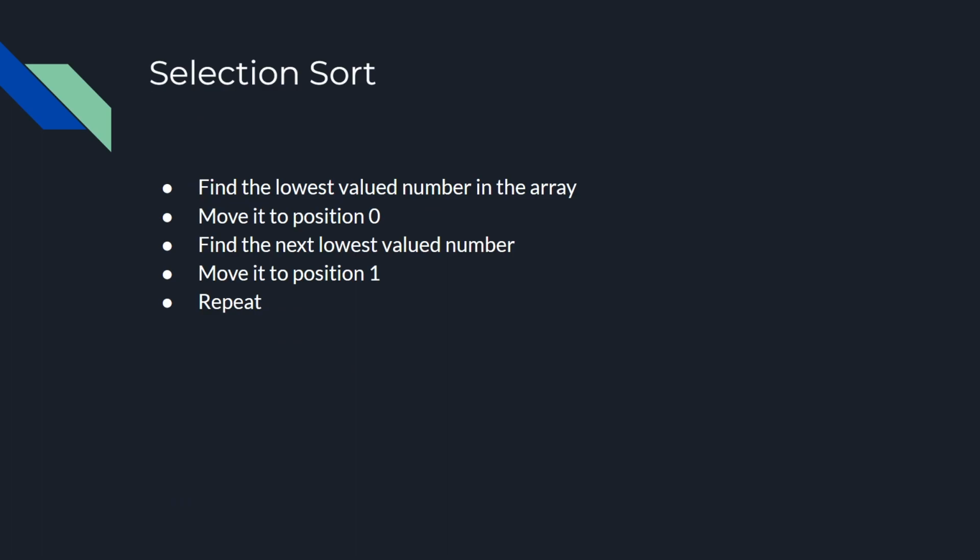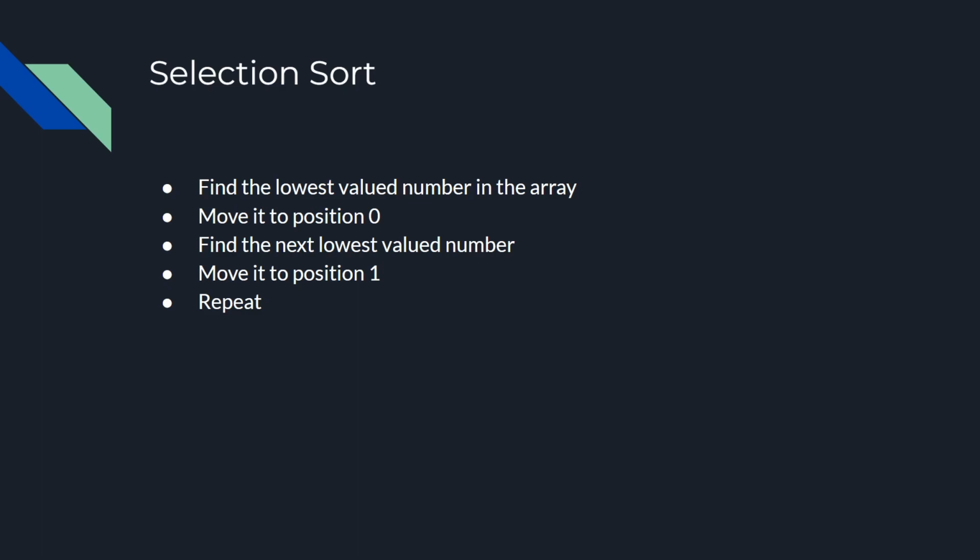The next sorting algorithm that we have is selection sort. Selection sort works somewhat similarly to insertion sort, but it's different in the sense that you first identify the lowest value in the entire array and move that to position 0. You repeat that over and over again by finding the next smallest value in the array until you sort the